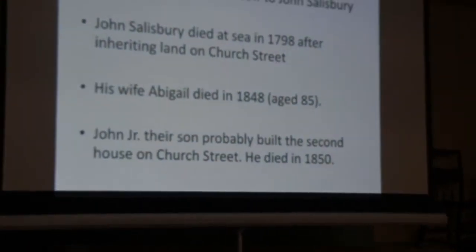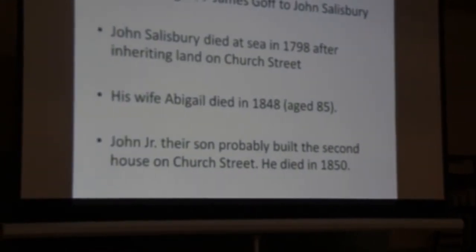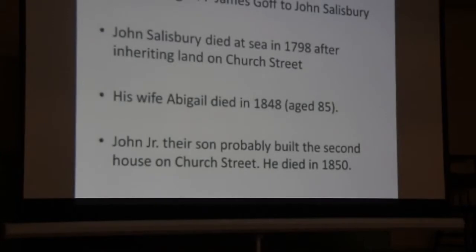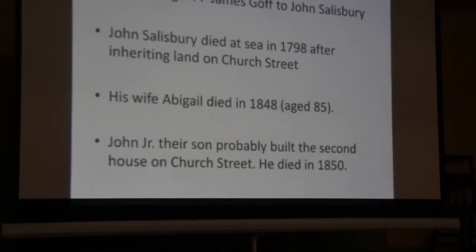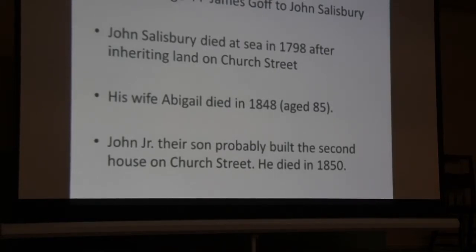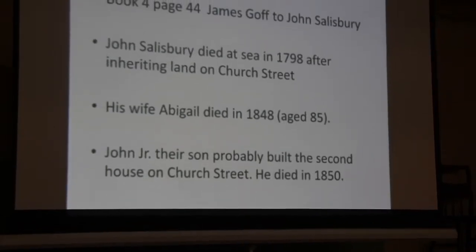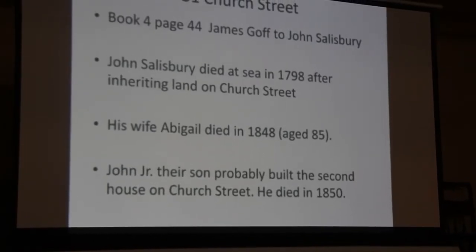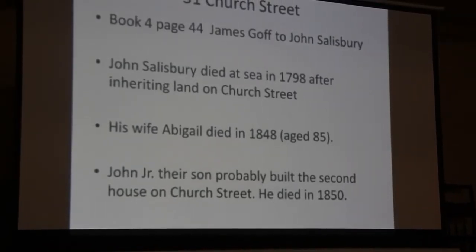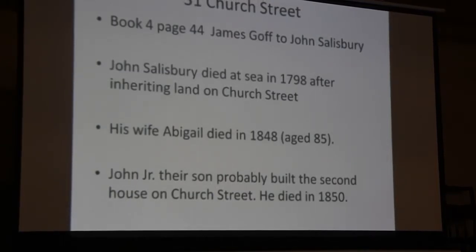The deed I showed was from book 4, page 44. The interesting thing is the initial owner, John Salisbury, died 3 years later after inheriting the land, but his wife and children continued to live there. She didn't die till 1848, and then their son probably built the second house I pointed out in the initial slide, and he died in 1850. But when we get to the next slide,